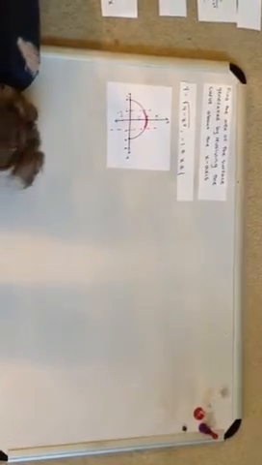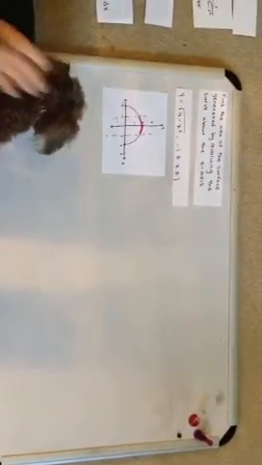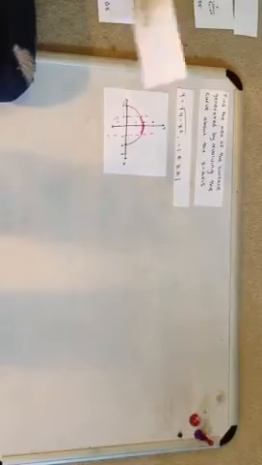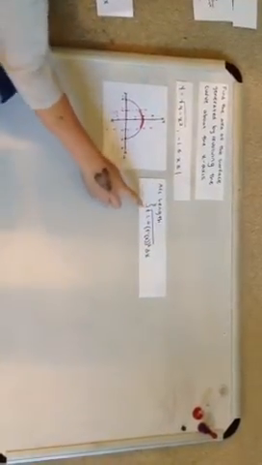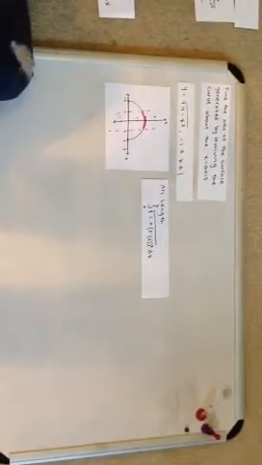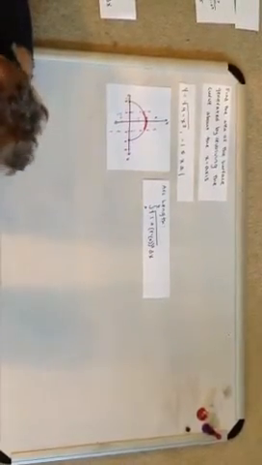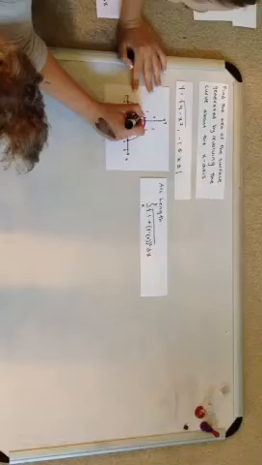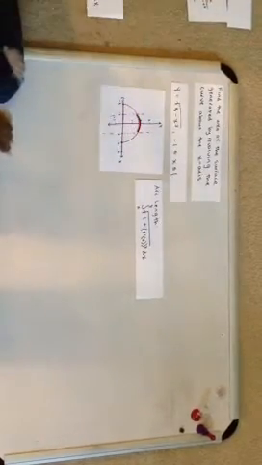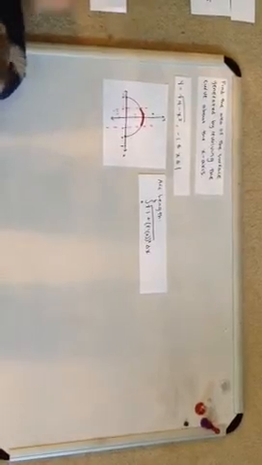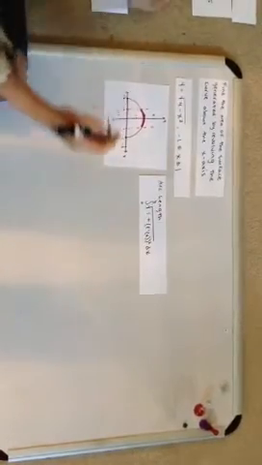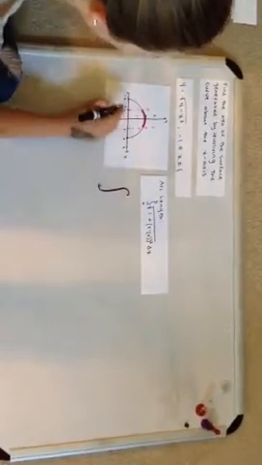Now, you should know that the arc length formula is the integral from a to b of the square root of 1 plus f prime of x squared dx. And that is just finding the distance from here to here. Now, in this case, the distance from -1 to 1 would be the integral from -1 to 1